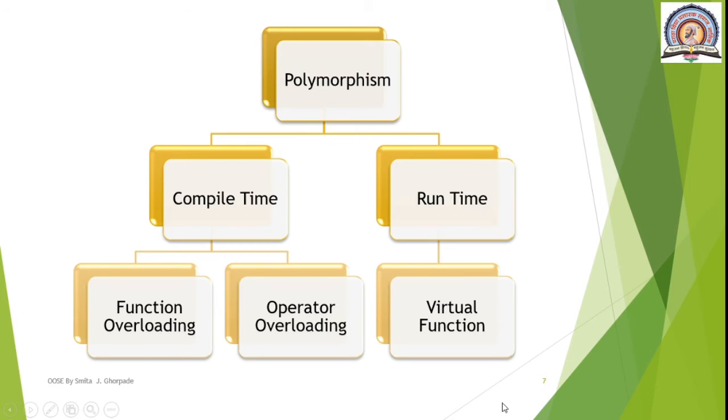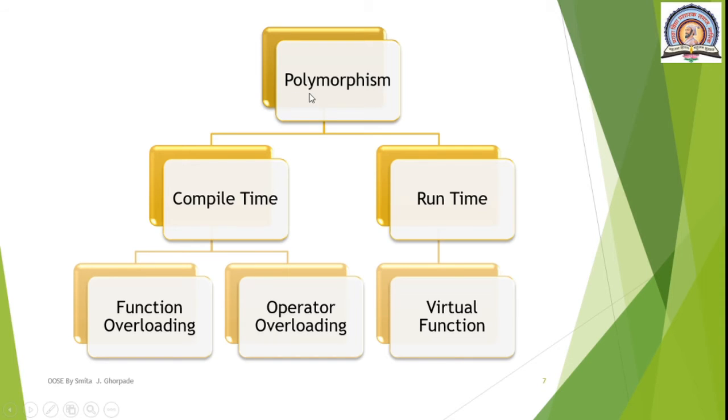Then the next object oriented terminology is polymorphism. Polymorphism means one name, multiple forms. For example, we can consider a person. A person could play different roles. For example, a man we can consider. A man plays different roles, like a man could be a son, a man could be a husband, a man could be a father, a man could be an employee. So everywhere that person is having different functionality, and as per the necessity that functionality gets activated.